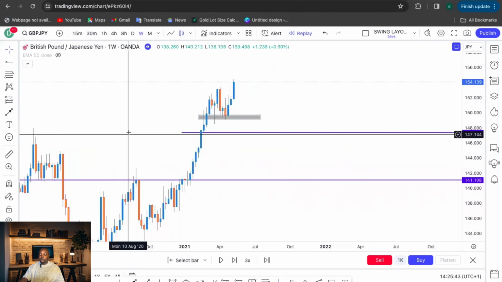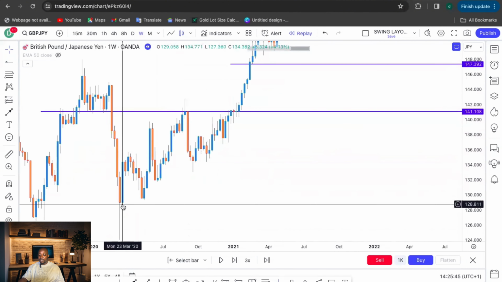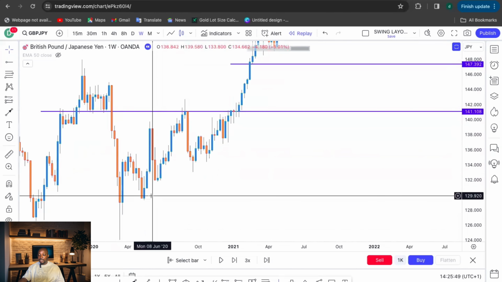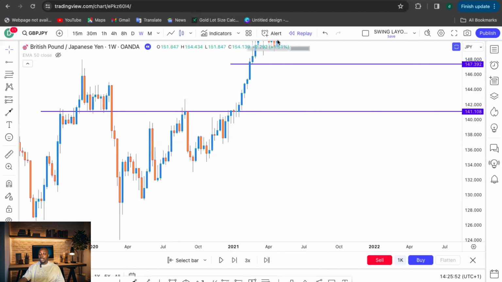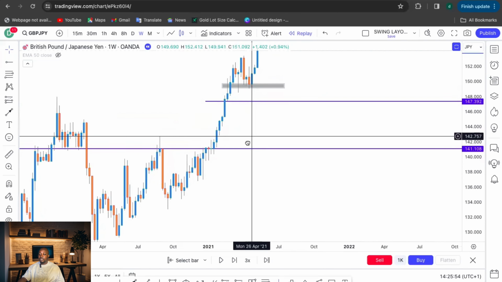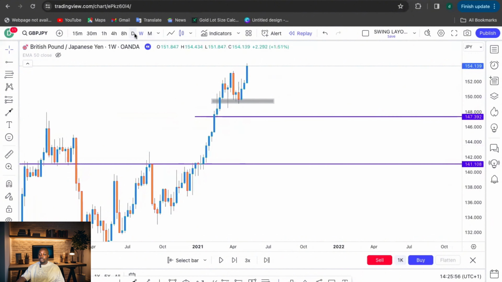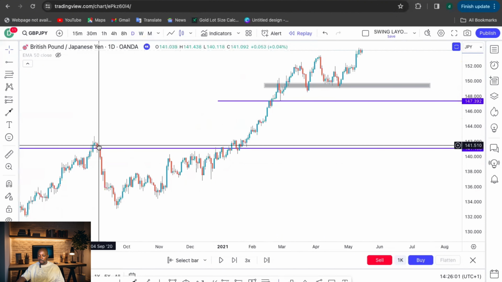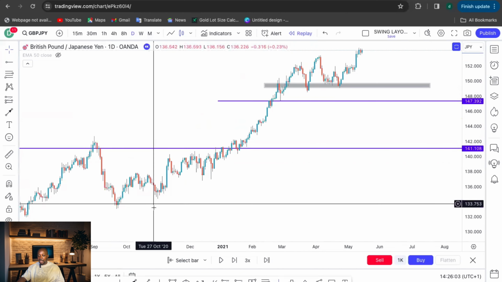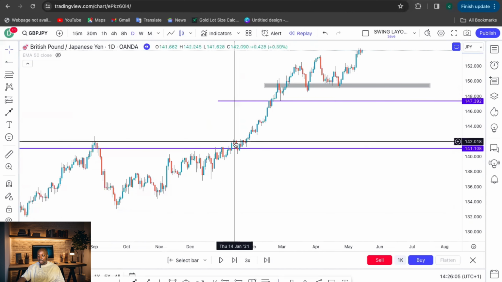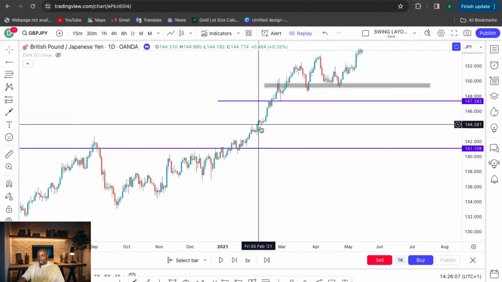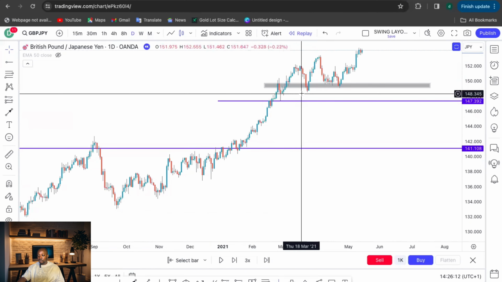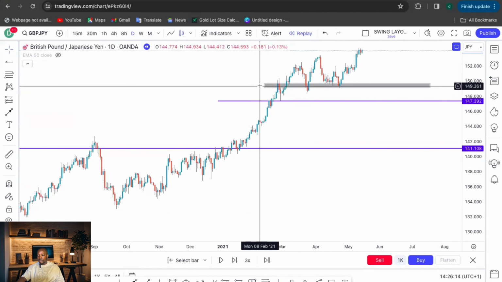Okay, so I'll go through the process again. I come to the weekly time frame. I identify the trend: low, high, higher low, higher high, higher low, higher high, higher low, higher high. The market is definitely in an uptrend. I come down to the daily time frame. Same thing: low, high, higher low, higher high, higher low, higher high, and so on. So where the market came back to retest